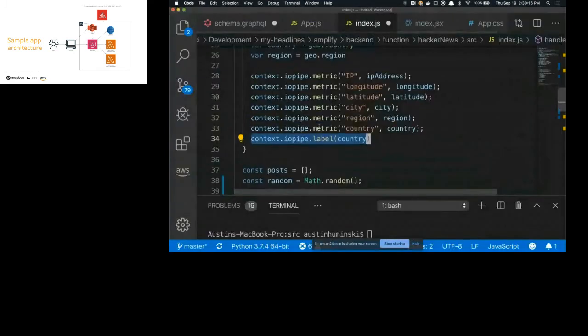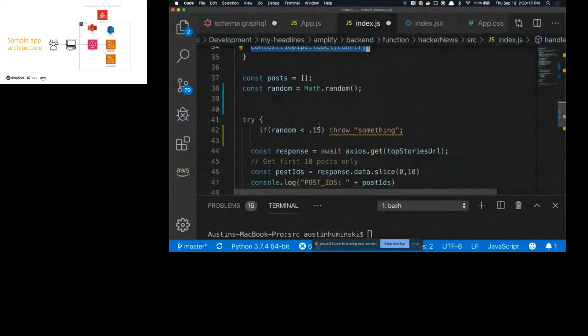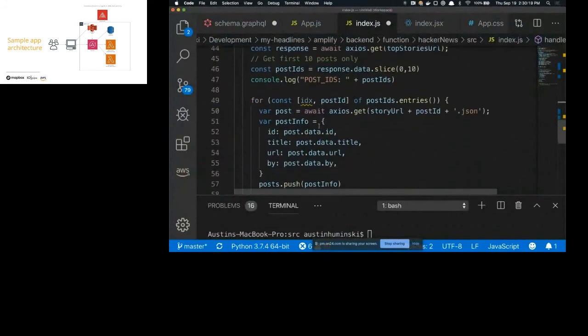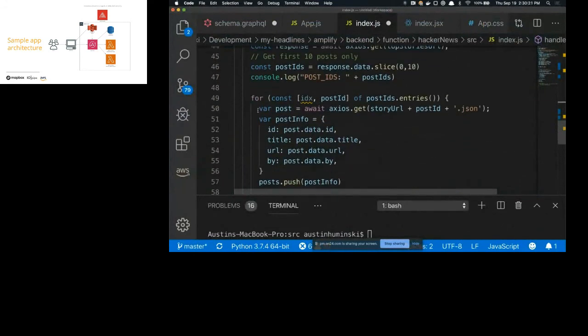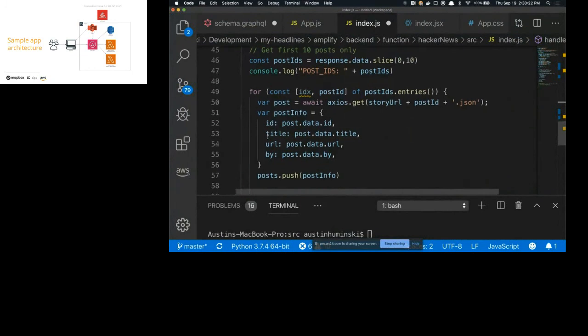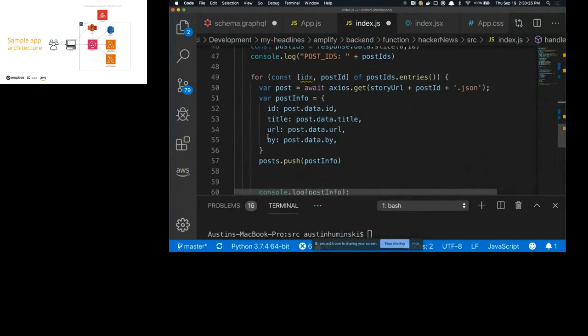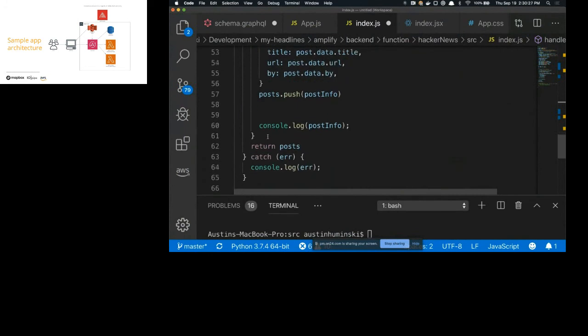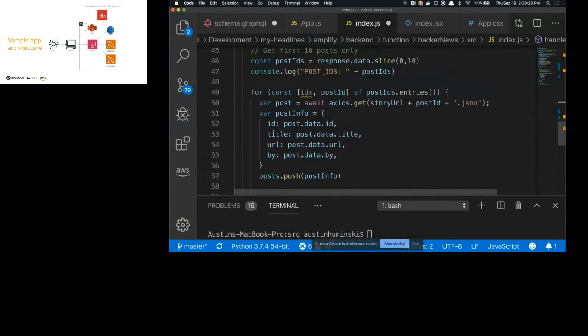So to go back and finish off where this invocation is finishing up, it's taking the top 10 post IDs. Like we said, we were returning those. You saw those traces in there. And then it's returning the data in this format, so it's expected back from the GraphQL AppSync API. That way, when we do this request, it's getting the data in a format that it's expected by.